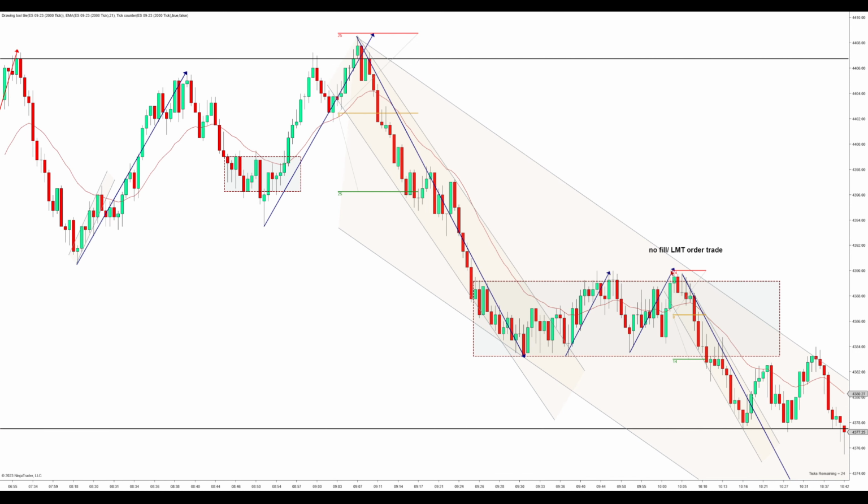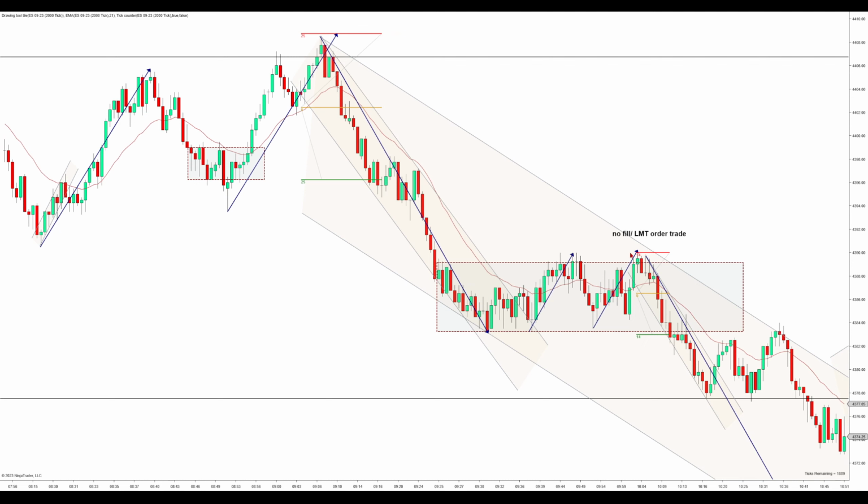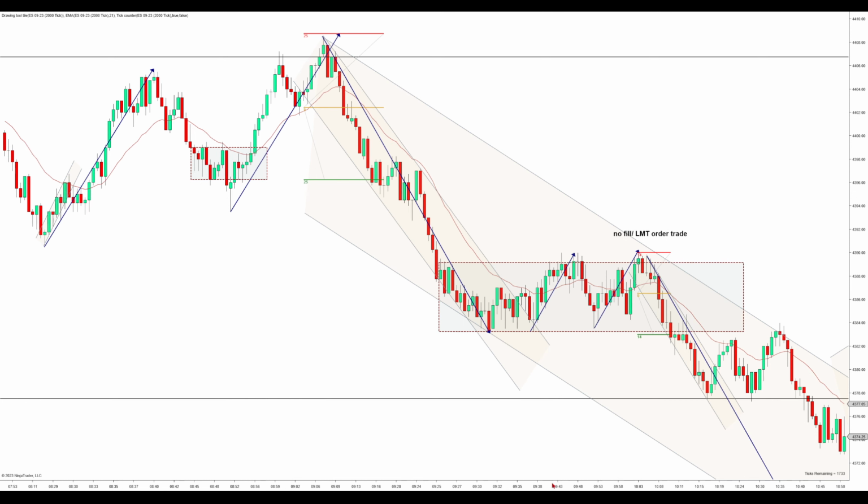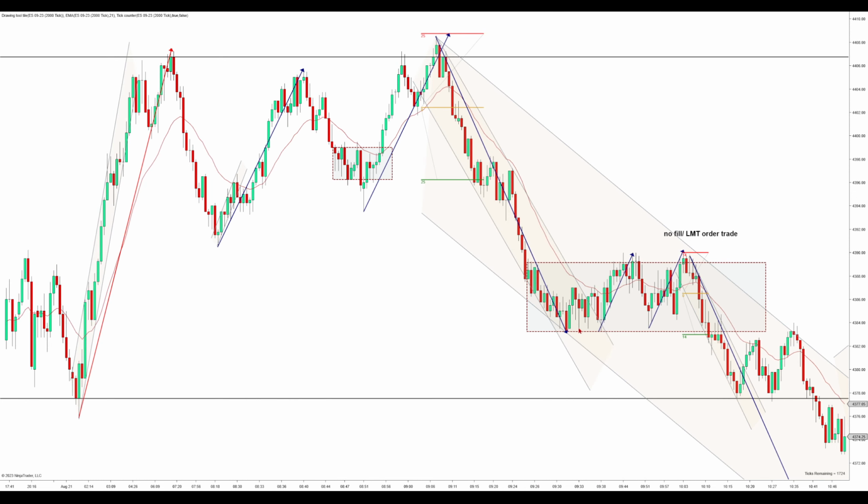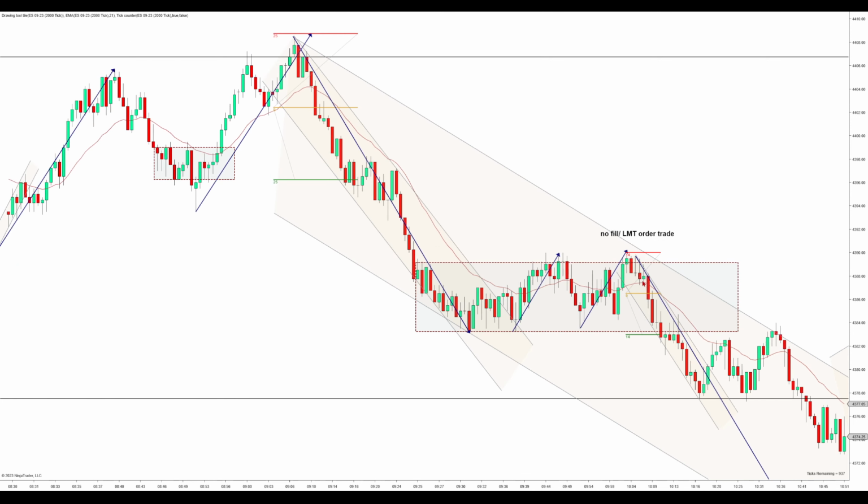And I want to go over why I didn't like going short right there. So yeah, I got no fill on this. It pushed below, was unable to get filled with a limit order. But basically the idea of the trade was we have downtrend, break, first attempt at a new low, and then my entry is on the second attempt at a new low. And so it's also at a 2-legged break, measured legs, clearly finding resistance up here. And then by the time that my entry, which of course, like I said, I was unable to get filled, but by the time I was trying to enter,